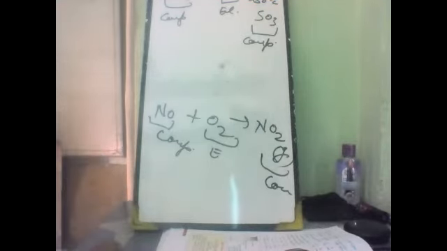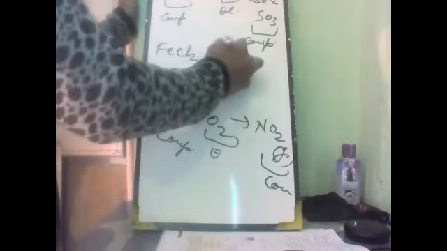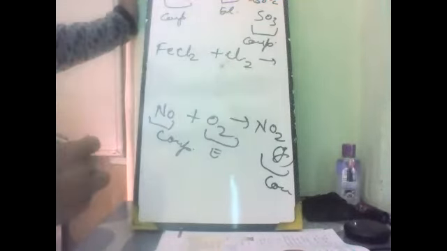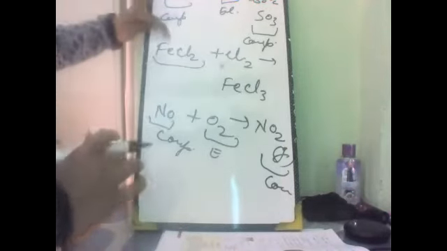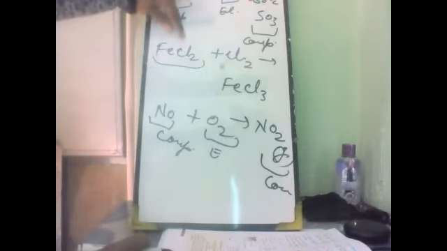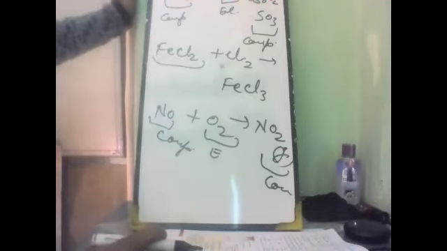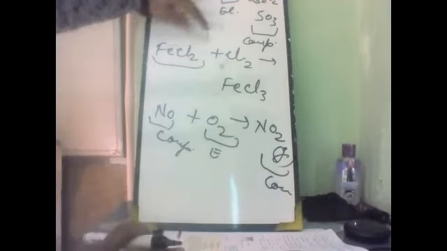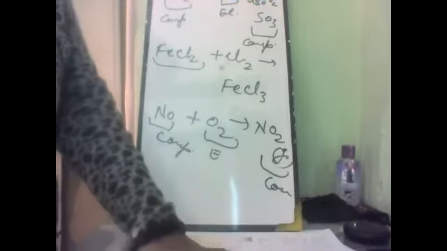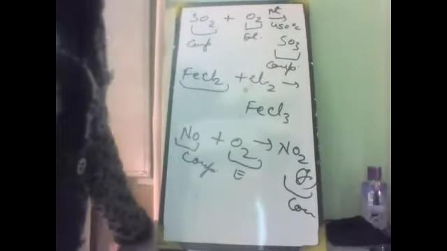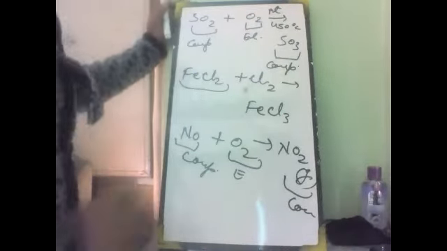They are in contact, they are in touch. The next is FeCl2 reacting with chlorine to form FeCl3. So it's a compound already formed. There are two elements in compound form, ferrous chloride and ferric chloride. Now this ferrous chloride reacts with chlorine and changes into ferric chloride. Ferrous chloride reacts with chlorine to form reddish brown flaky powder of ferric chloride.